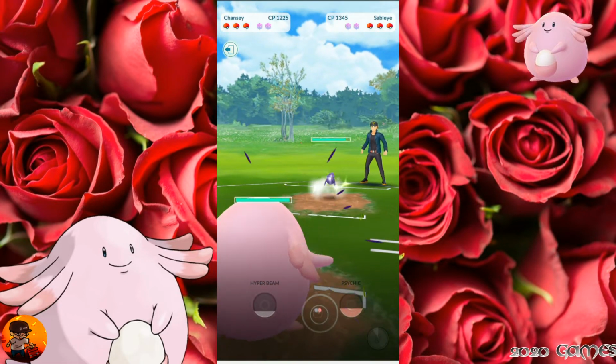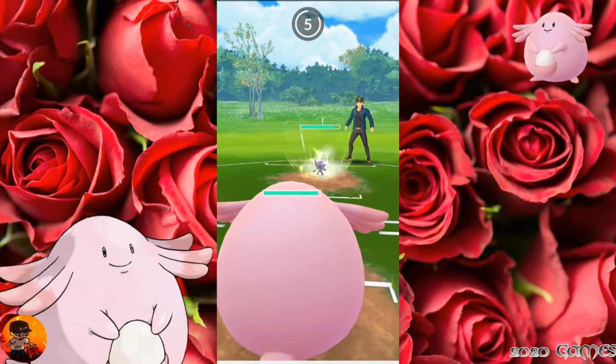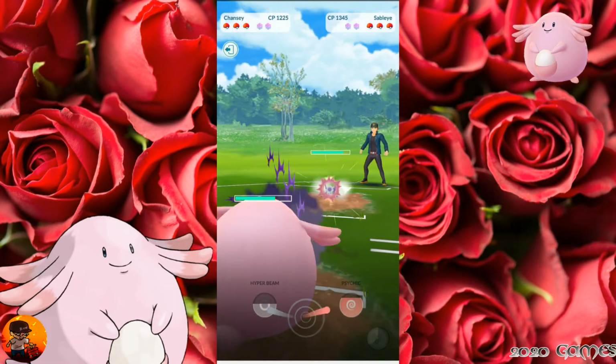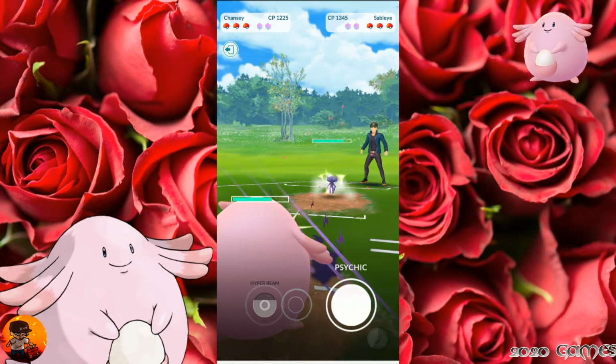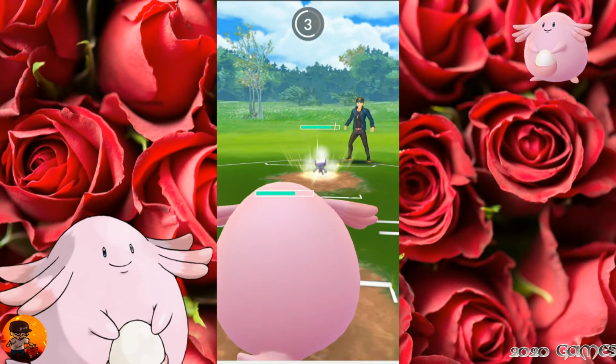That's a bad matchup for me. I switch into my Chansey. Even though I lose this matchup head on, I can still do some damage to Sableye. I don't have a hard counter to Sableye, so I brought in my Chansey, and my opponent's gonna stay in with his Sableye,